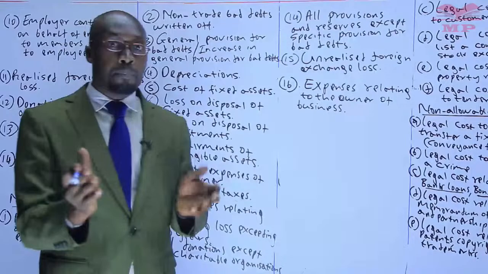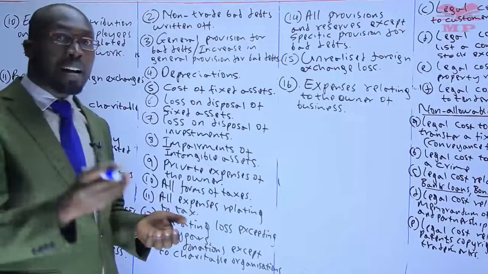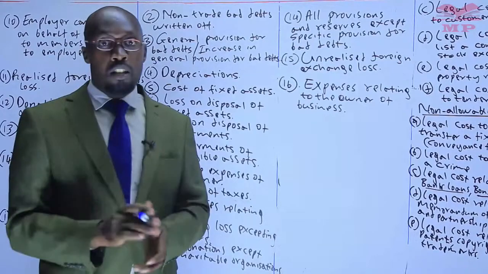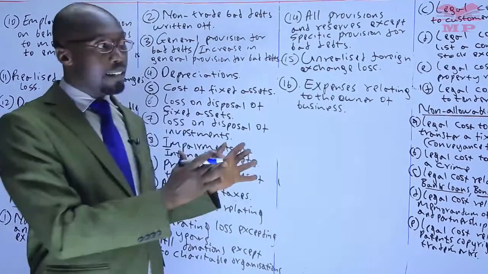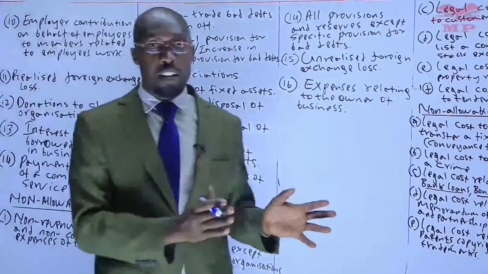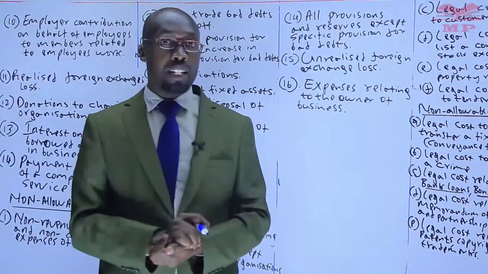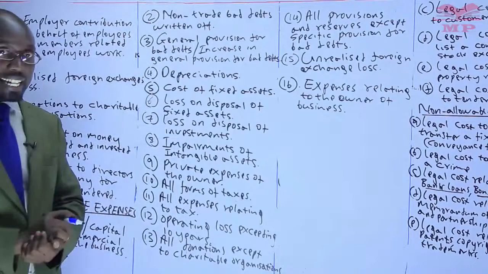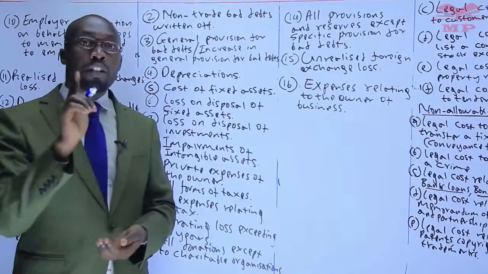So I pray that you go through them all alone, look at them one by one, try to understand what we have explained. So for now, I think this topic is over. Then it's my hope that I'm going to see you in our next topic. The next topic would be about one of the allowable expenses that we had here, allowable expense number 4, where we talked about capital allowance.